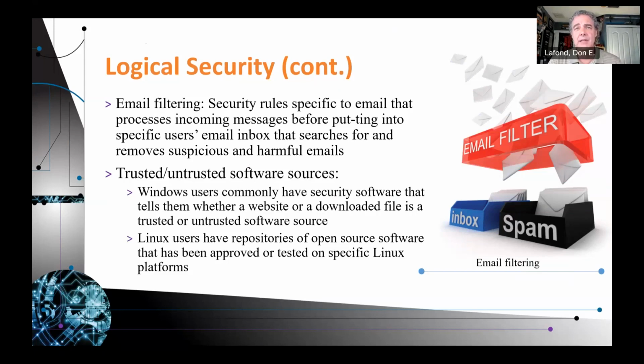Sometimes you can go to junk mail and see it. But back in the day when I first started using computers back in the 80s, we got all sorts of junk in our emails, some that was scary to open. Let's just say not safe for work email that was not asked for, but just sent to us randomly, and it was very inappropriate. That's all been taken care of for the most part using email filtering. It also can control email that you send out as well, but not so much. I get freedom to send out, but mainly it's about what comes into my inbox.